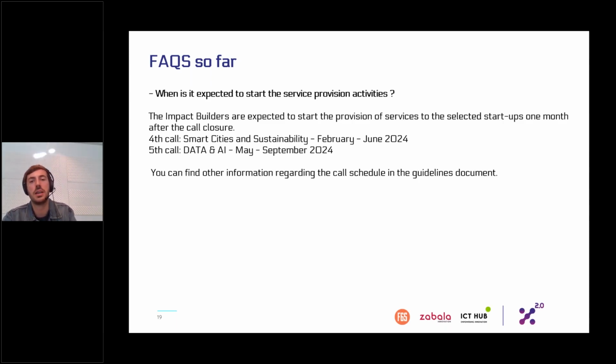But this is the fixed calendar for now. For the fourth call, Smart Cities and Sustainability, from February to June 2024. And for the fifth call, if you are willing to apply in May, from May to September, more or less. So in case you apply for both calls and you are selected, your service delivery could overlap.